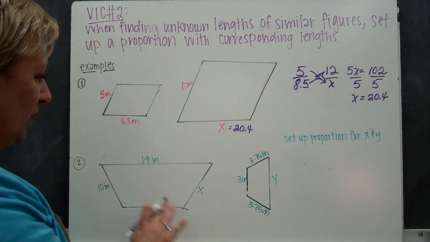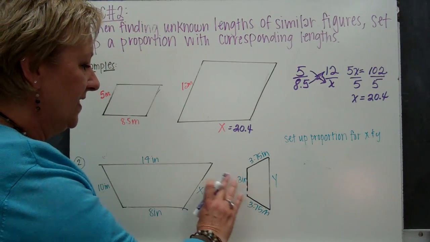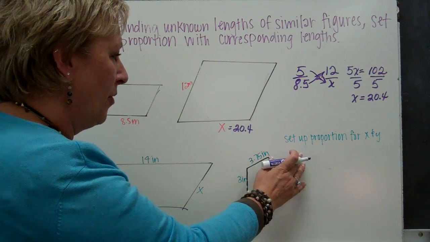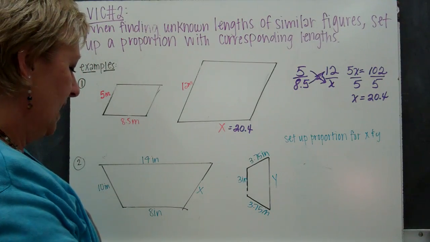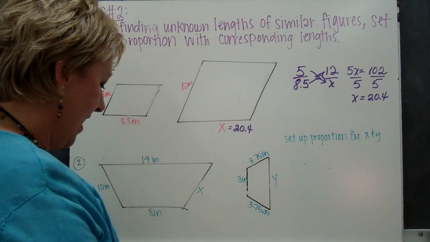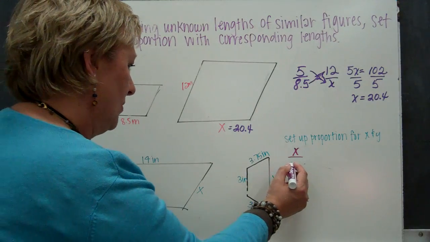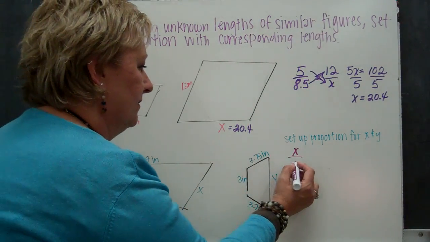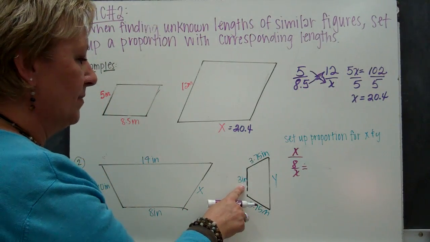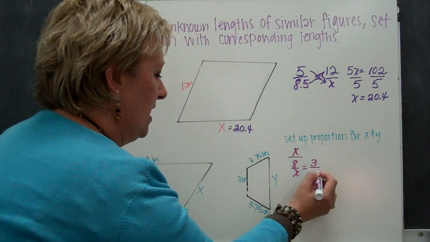So when I look at this one, I've got 4 inches, x inches, 8 inches, and 10 inches. This one has actually just been turned over on its side. So I'm going to set up a proportion for x and y. Let's look at the x value first. I'm going to say 8 over x should equal the same thing as this smaller one is to this side length, so it's going to be equal to 3 over